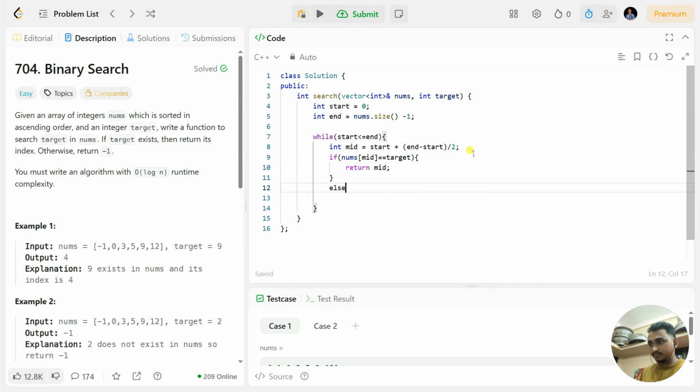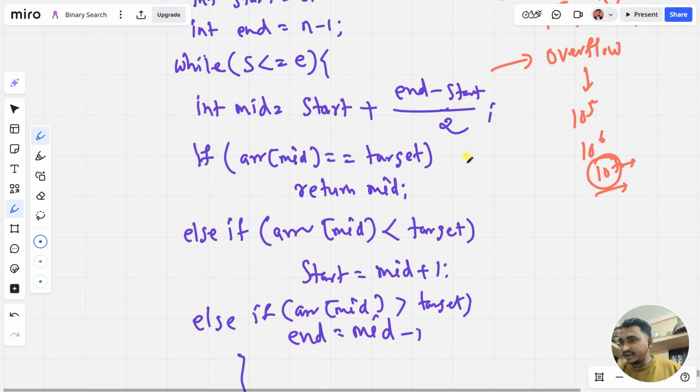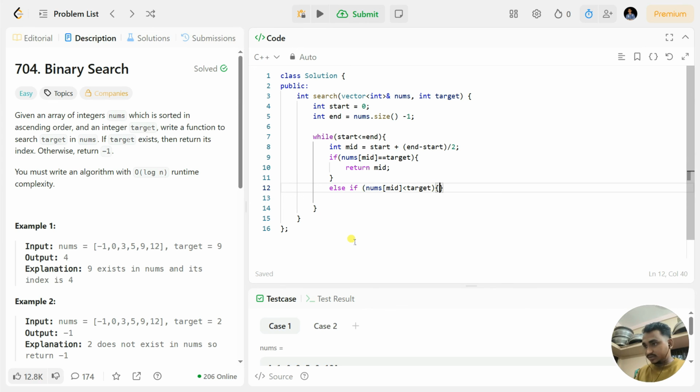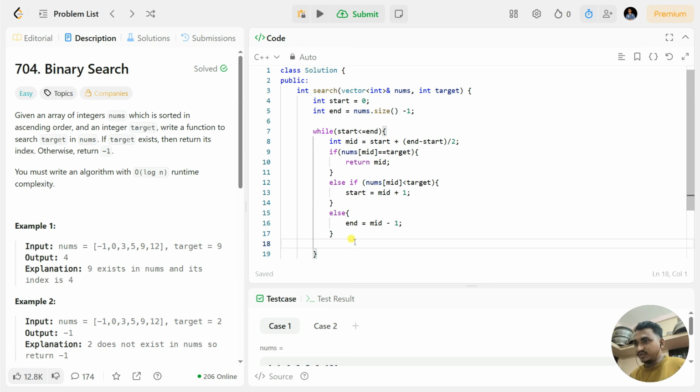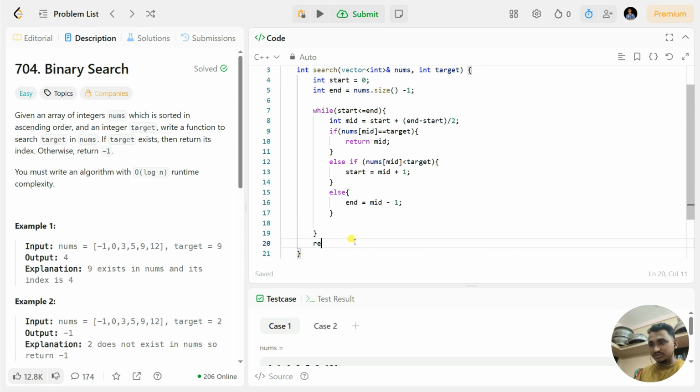Else if the nums of meet is less than target, then we say start is equal to meet plus 1. Else we say that end is equal to meet minus 1. And after that, if we don't find anything, we're just returning minus 1 here. Now we can run this out